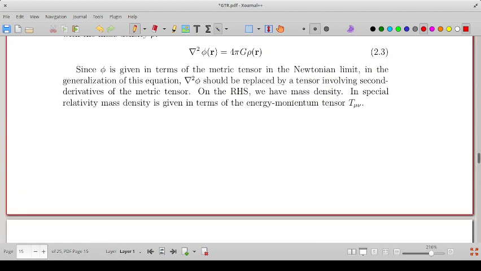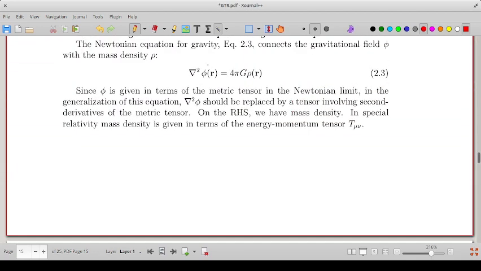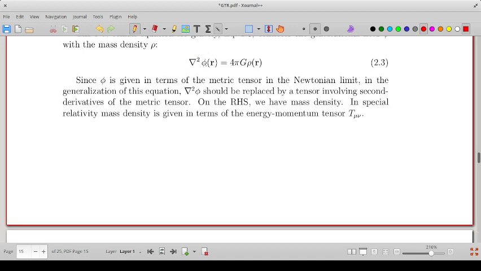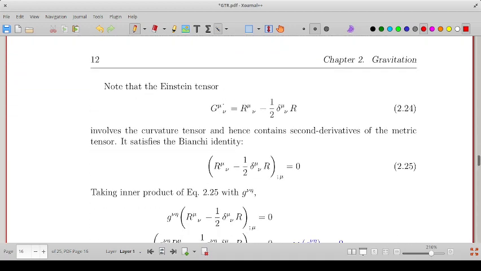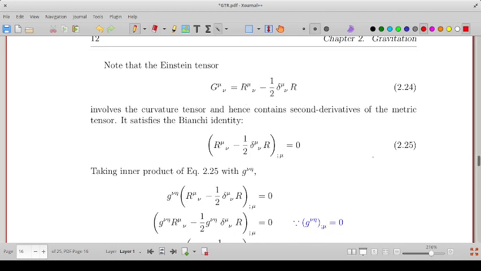So if we want a generalization of the Newtonian equation for gravitation, on the left hand side we have seen that it involves the second spatial derivative of the gravitational potential, and since gravitational potential is related to the metric tensor in the Newtonian limit, we also expect a generalization of this equation should involve second derivatives of the metric tensor. And we also know of a tensor called the Einstein tensor, which involves the Ricci tensor and Ricci scalar, and the Ricci tensor involves the contraction of the curvature tensor, and the curvature tensor involves second derivatives of the